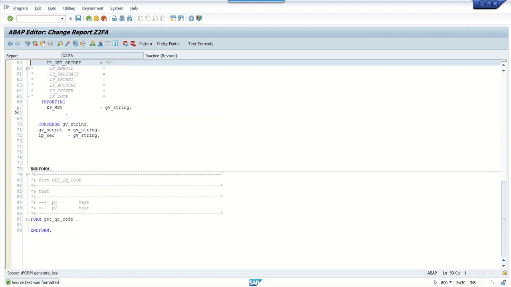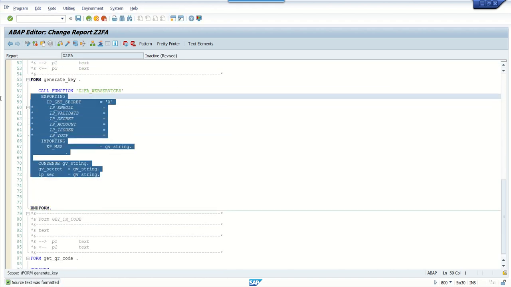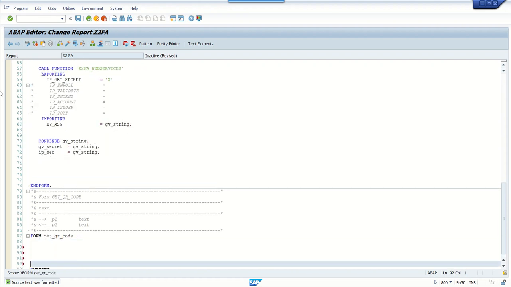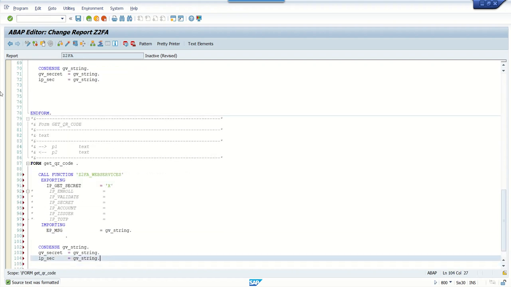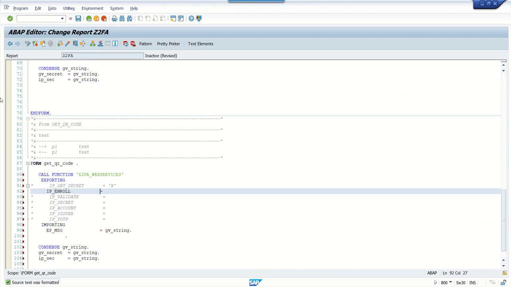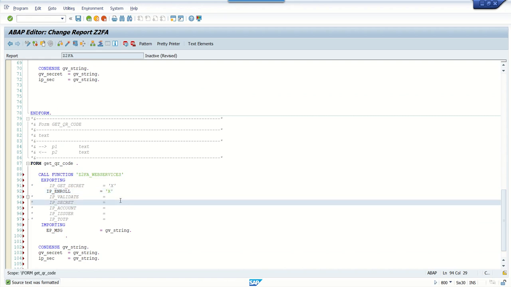What you can do, copy this as it is, as we are going to use the same function module, but this time instead of the first one we have to open the second one, that is the enrollment, and here we'll pass the key from the importing selection screen parameter, that is IP_SEC,